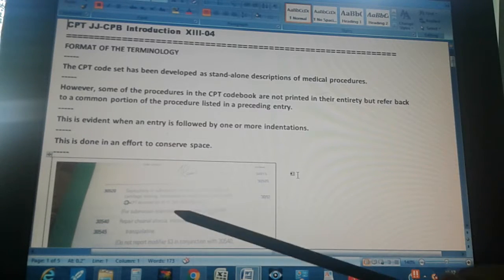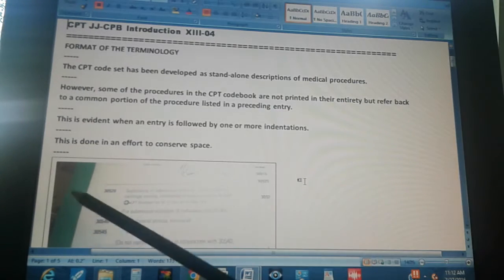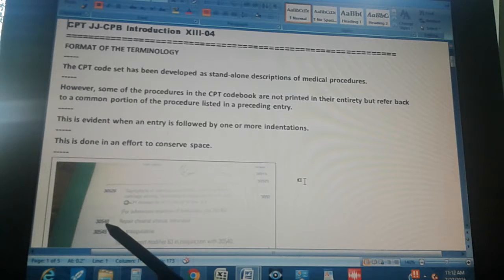Okay, this is a picture of the code book. For instance, this is the code 30540, repair choanal atresia intranasal. That's what this code is. Now there's an indentation and there's a word that says transpalatine. Since there's an indentation, what this means is repair choanal atresia intranasal